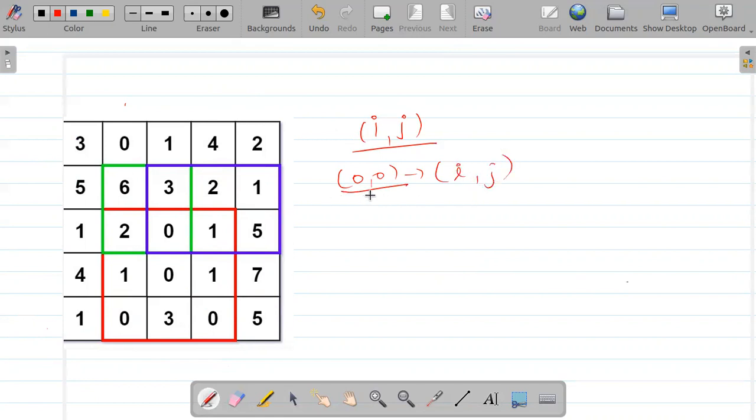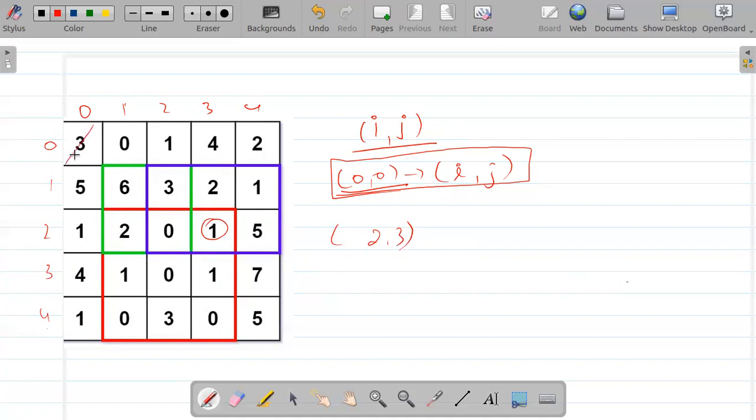If I'm looking at i comma j, that should give me the sum of all the elements present in this area. So if my i comma j was, let's say, this is 2 comma 3, so the matrix should store the sum of this sub matrix,